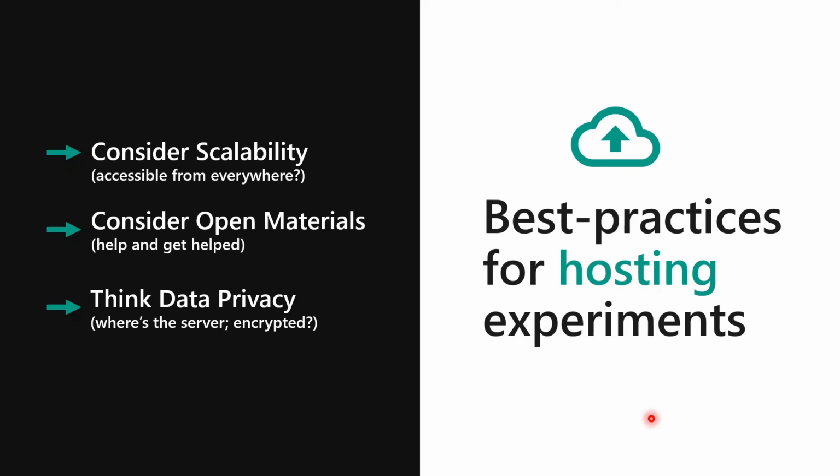Consider open materials. This is just a best practice because I feel that the whole community in especially vision sciences, but all other cognitive psychology areas as well, could benefit massively from sharing their own material, their own experimental codes on platforms like GitHub or on personal websites or wherever. But it's really important that not everybody has to solve all of the problems themselves. And most of the problems are solved in classical experiments. And then, of course, think about data privacy, which is extremely important if you're in the European Union, which I think most of you are.